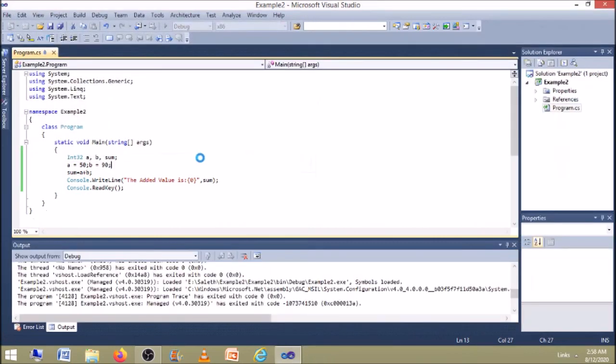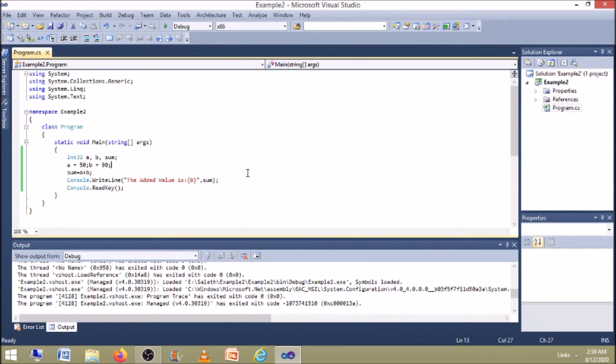So this is the way to create the source code in the C# text editor window, and to compile the source code and to run the source code. So if there are any errors, they will be shown here. You can make the corrections, and immediately you have to save it. Then only you should go for compilation and execution.